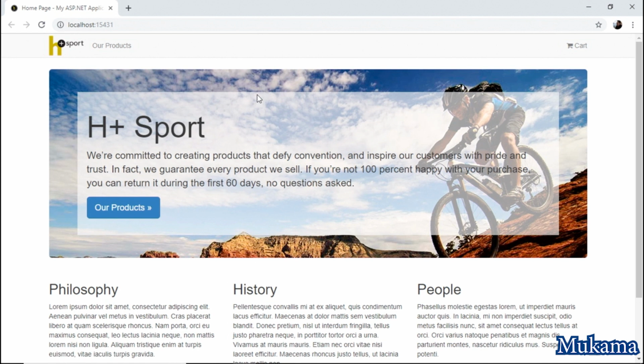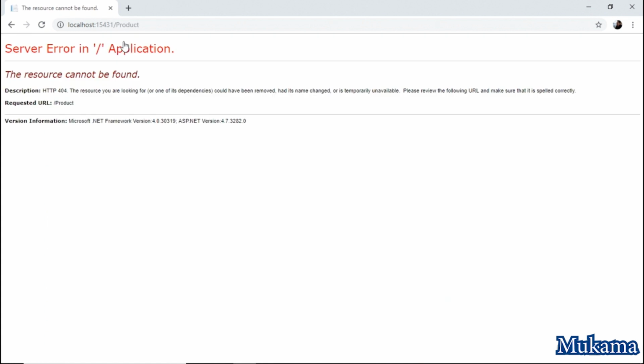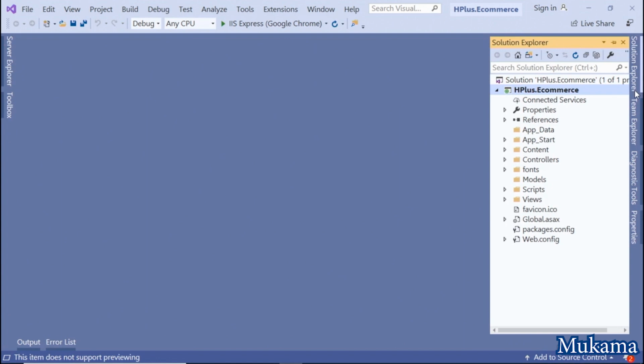Notice that there is a new navigation menu item called Our Products. If I click on it, we actually get an error message right now because that page still needs to be created. To create the page, let's go to Visual Studio, where I'm going to right-click on the controller folder and